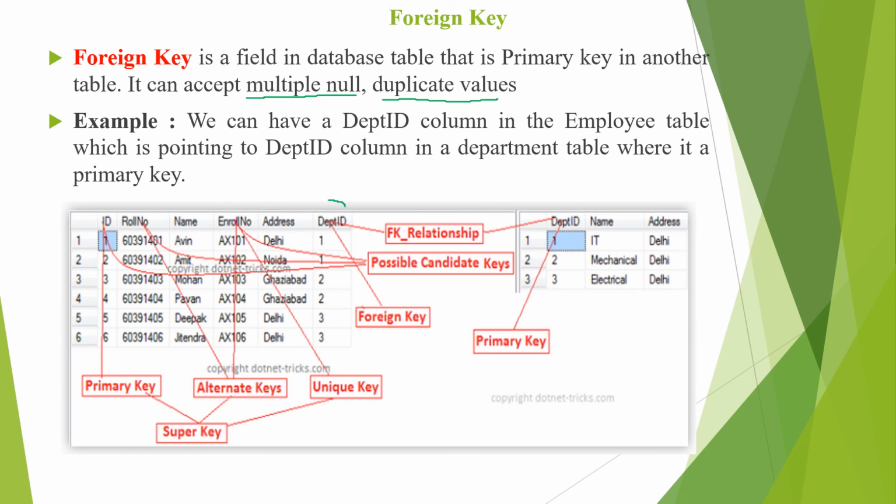The department ID attribute in the department table is the primary key, but the same attribute in the employee table acts as a foreign key relationship, where it may include duplicate values and sometimes null values. That is the information about the foreign key.